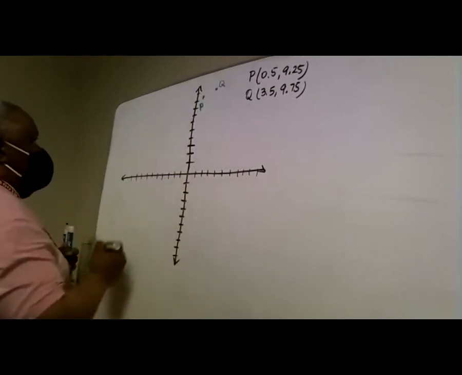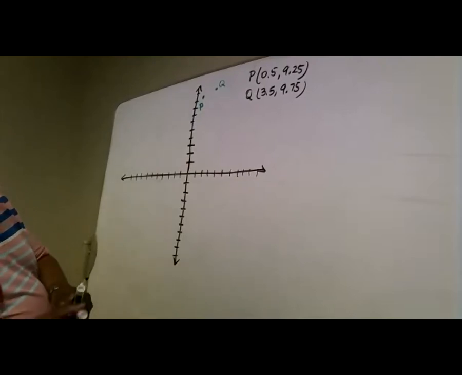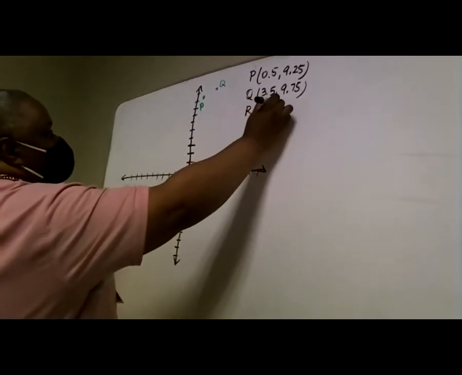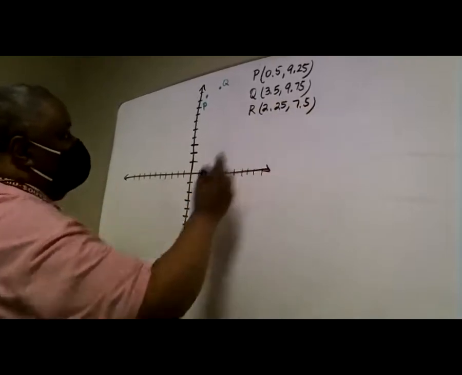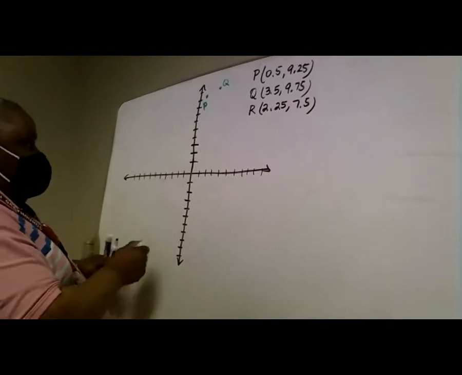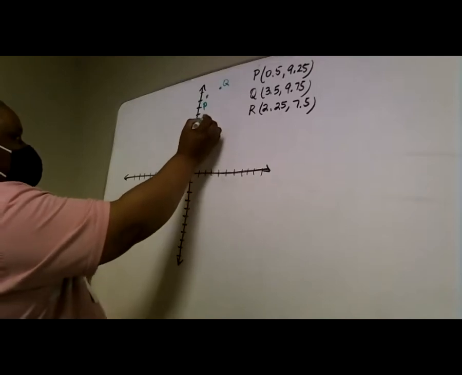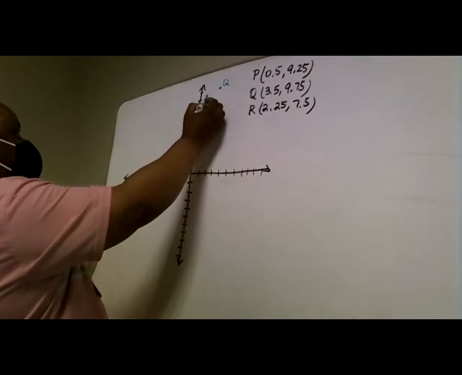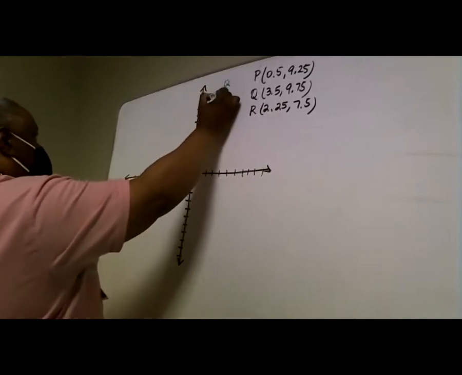So here's Q. And then R, 2.25 and 7.5. So plot that, this will be about 2 and about 1/4 of the way. You'll have to kind of guess. And then here's 7.5, which is about right here. So if I connect these dots like this,